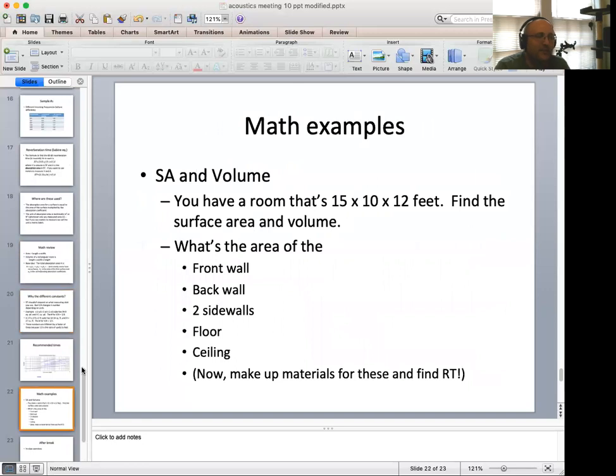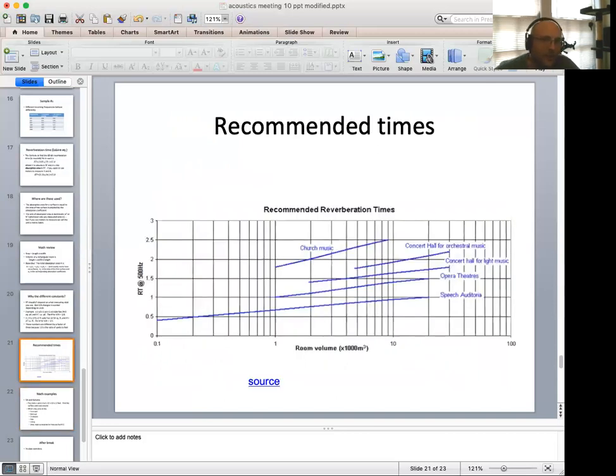The example that I'm going to do on Canvas is I'll give you the dimensions of the room, and I'll draw it out, and you'll see there how I do it. I make up some materials for the walls, and you can find the reverberation time. Here are some recommended times, which I've taken from a source online. You can see for